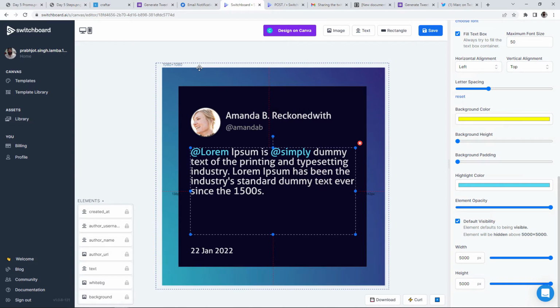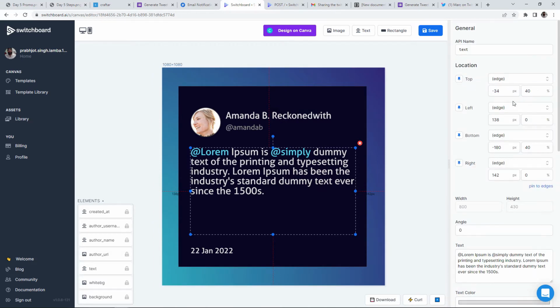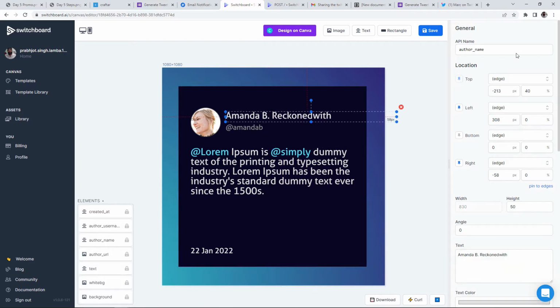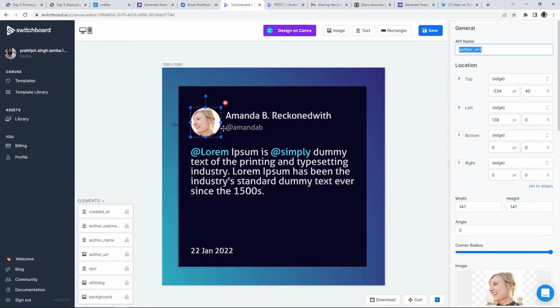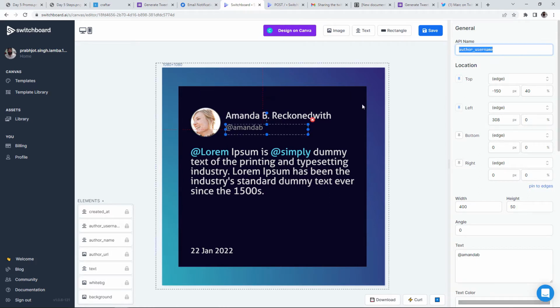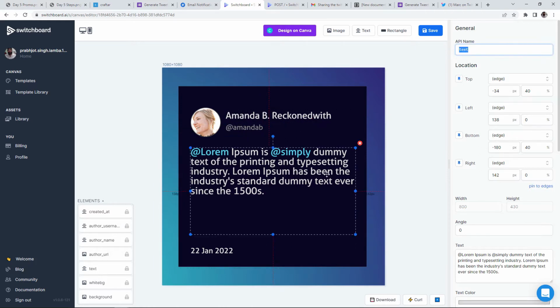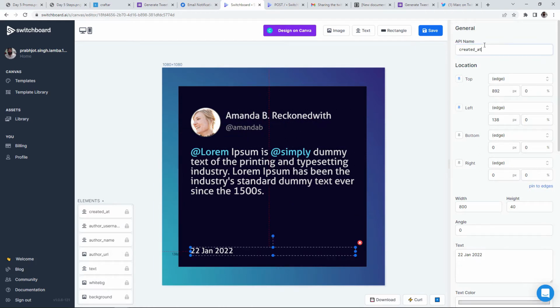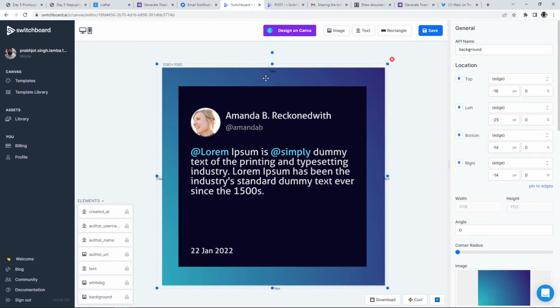For Twitter specifically, Switchboard requires certain values for each element. So if we click on these parameters, on the top we see API name. Here we have to give a value. But for Twitter specifically, they require these names: author_name, author_url for the profile pic, author_username for the username below the name, text for the actual tweet content, created_at for the actual date, and then I've created a background